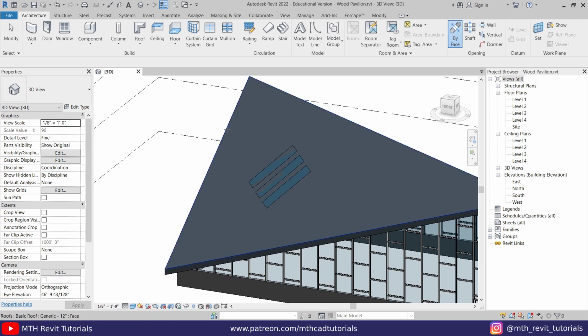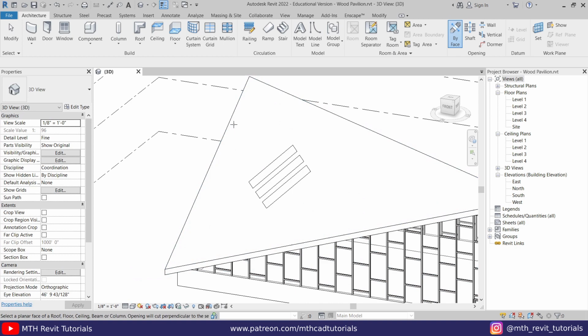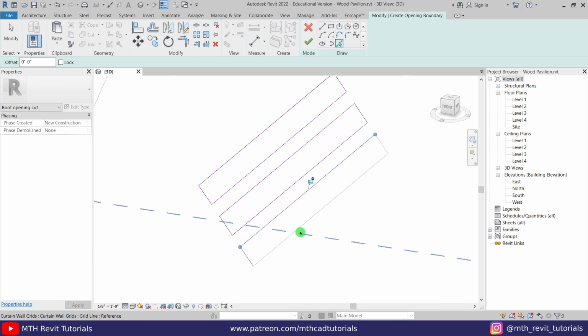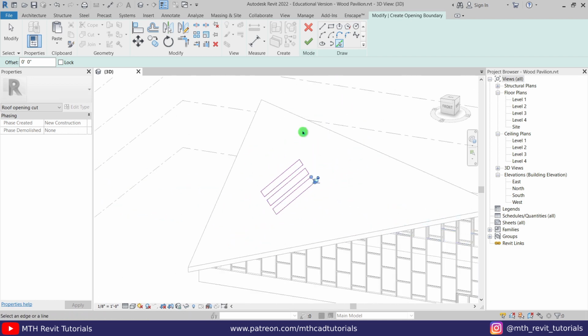Make sure you have selected this face. Just hover over the edge, or if I change the visual style to hidden line, you'll be able to see the highlighted face. Just click, and now we can use pick lines and just pick the edges of this, like so. Now if I click finish,